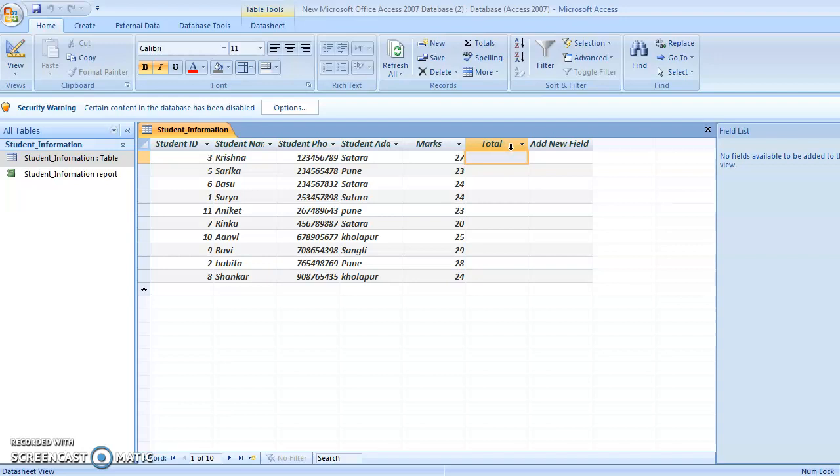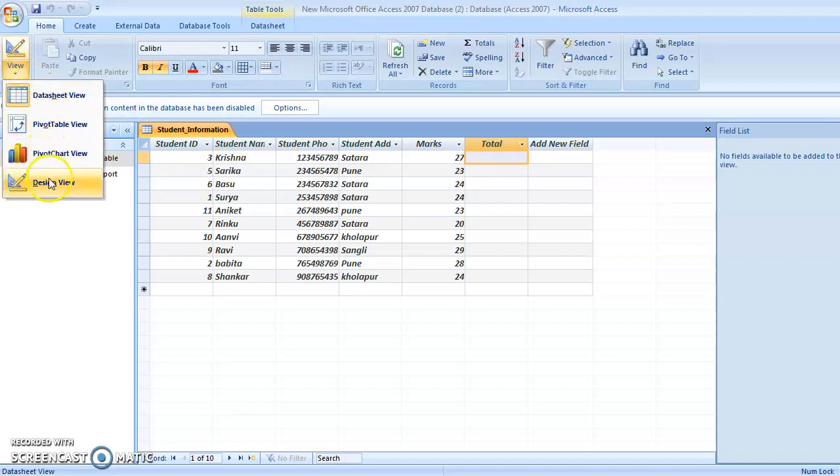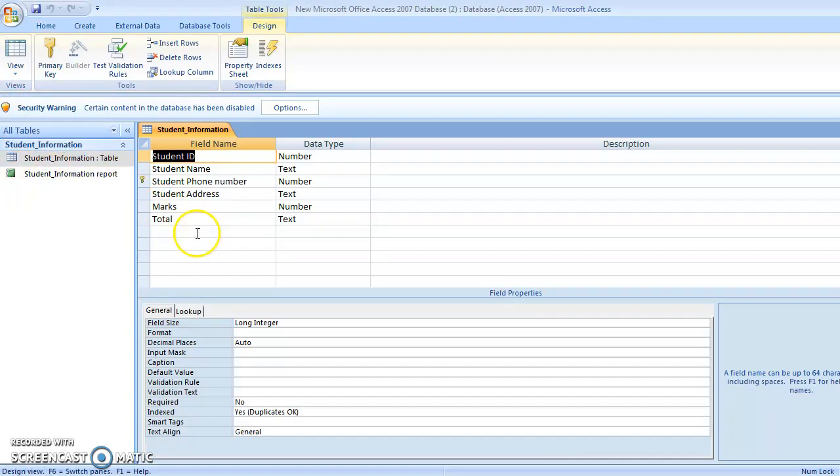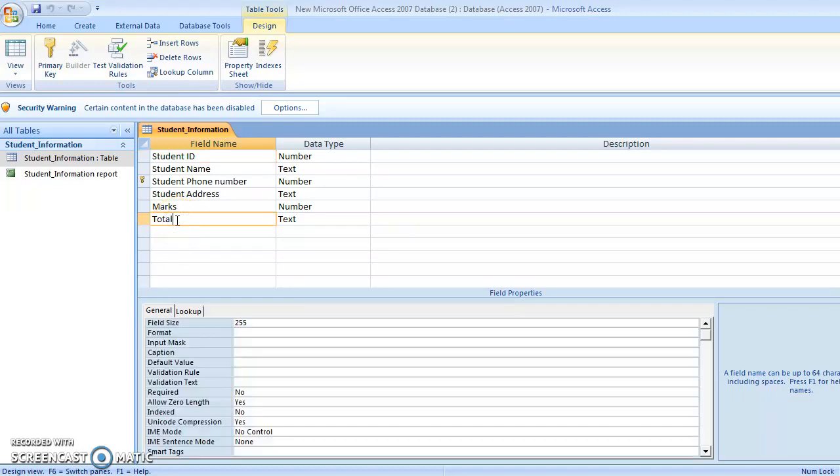After that, I have to change the data type of this total field. For that, go to the view option and choose the design view. Now here you can see the new field total is already here, but you have to change the data type for that field.